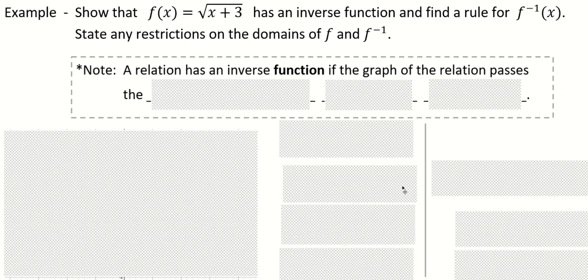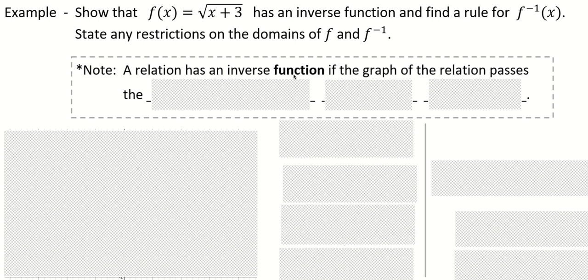So a few examples. Show that f equals root x plus 3 has an inverse function, and find a rule for f inverse of x. I don't like that notation, but that is the notation for f inverse of x. State any restrictions on the domains of f and f inverse. So first, this note. A relation has an inverse function,